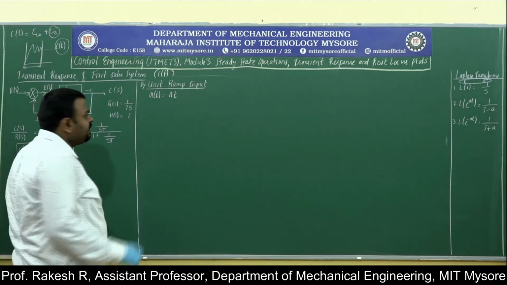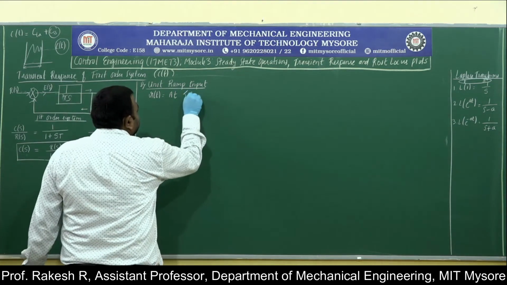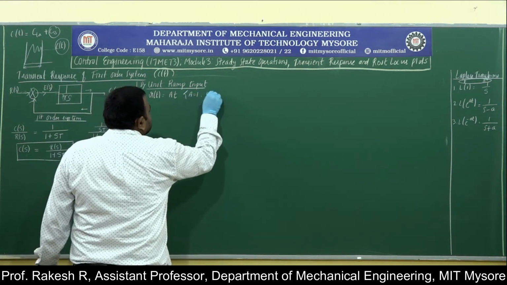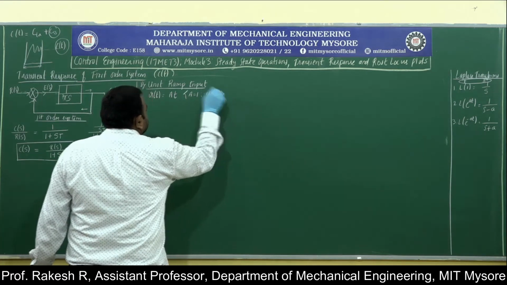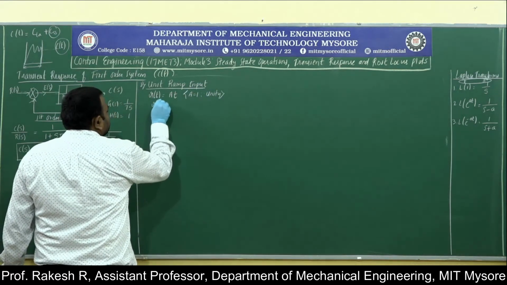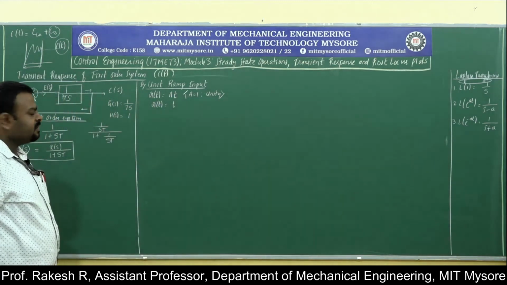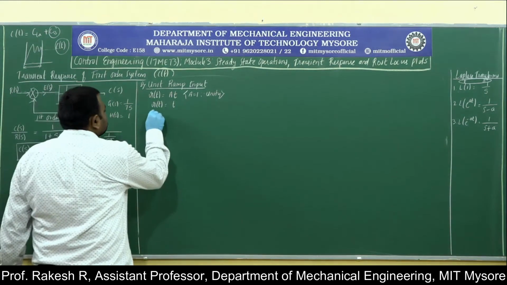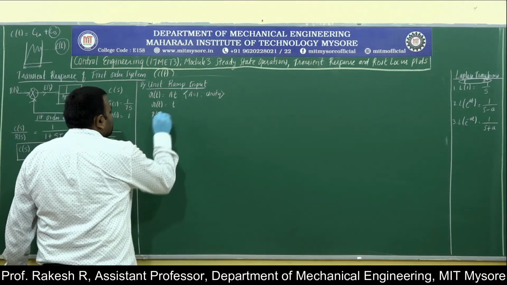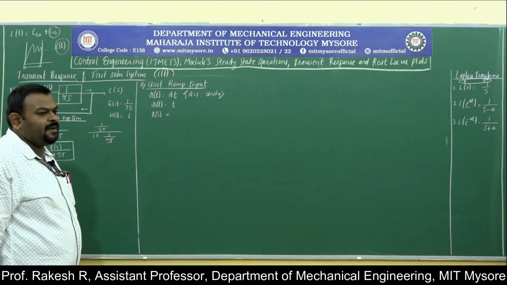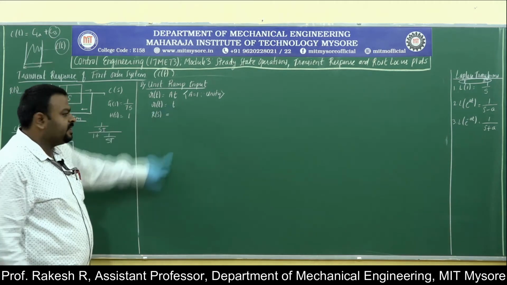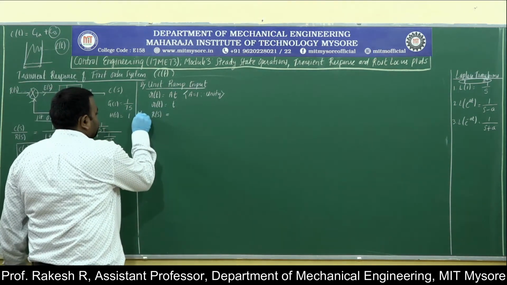Since it is unity, A equal to 1. So if A is equal to 1, R of t will be equal to just t. And what is R of s? R of s will be equal to the Laplace transformation of t. So if you apply Laplace transformation here,